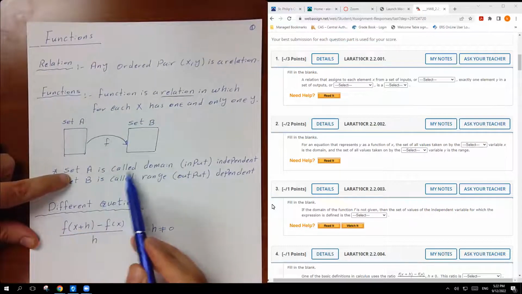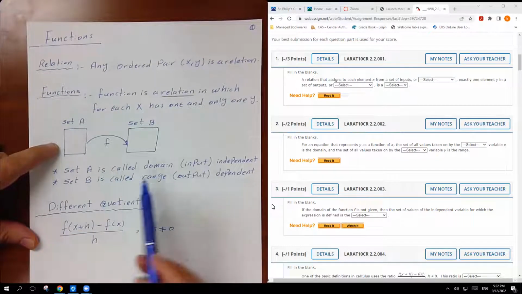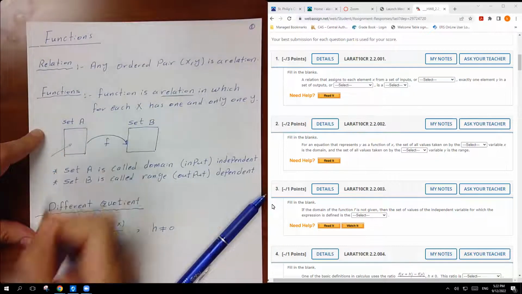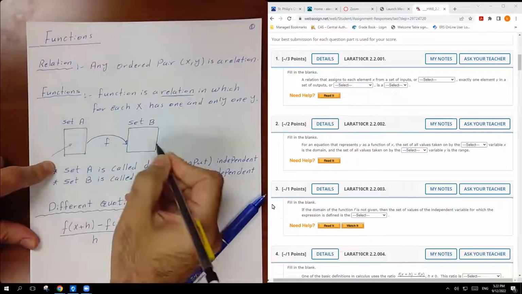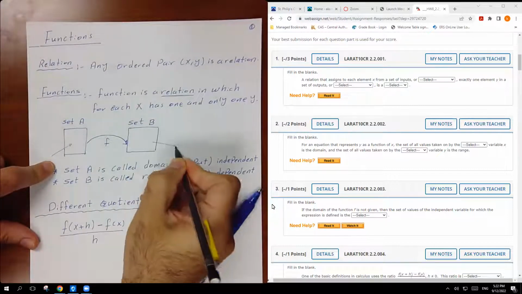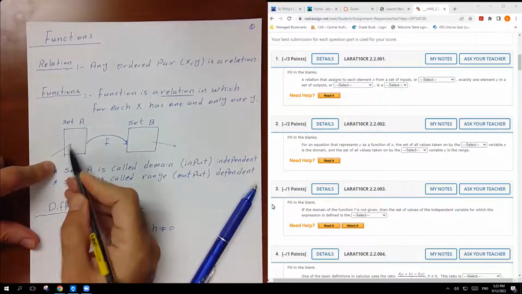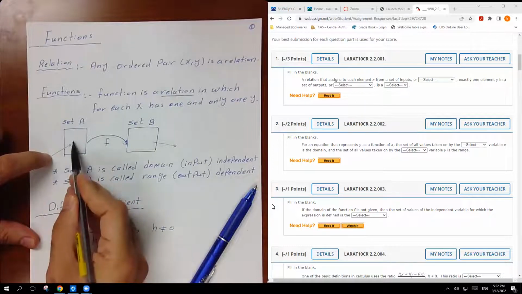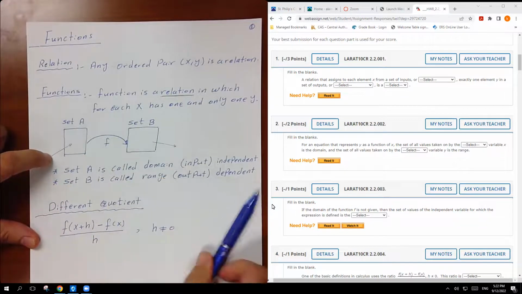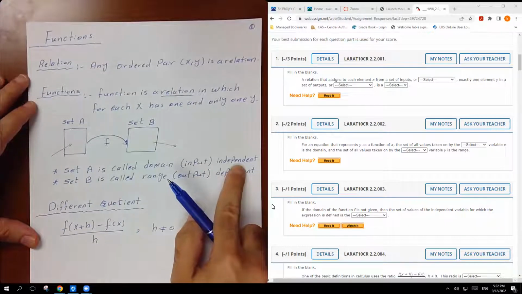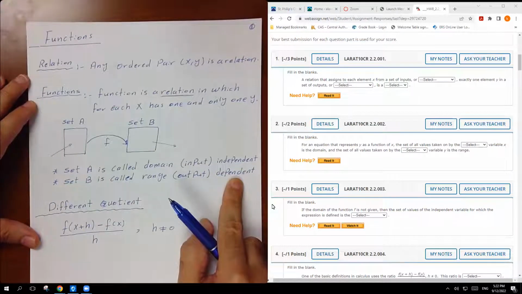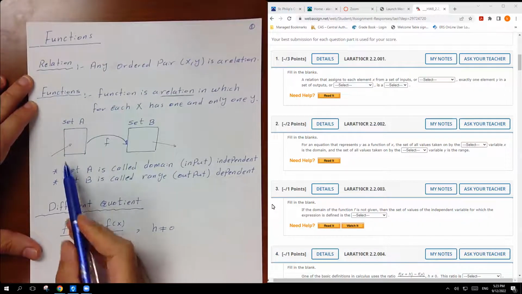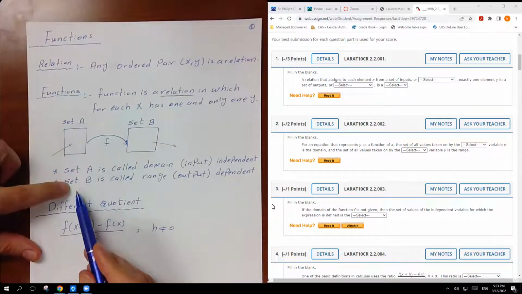The set A is called the domain, which is the input value. That means we're going to input a value here with x. This is the domain. And we're going to get the output from here. This is the range. Here's the function f. This one is the input, and this is the output. Always the input is the independent variable, and the output is the dependent variable, which is called the range. A is called the domain, the input, and B is called the range,